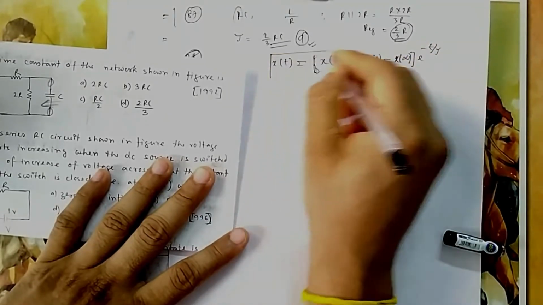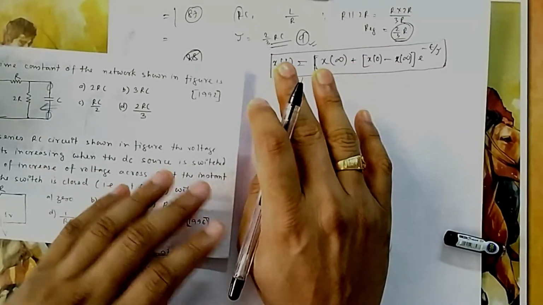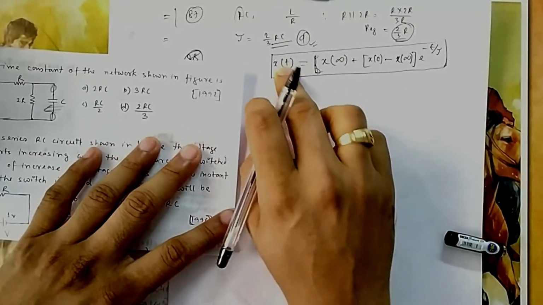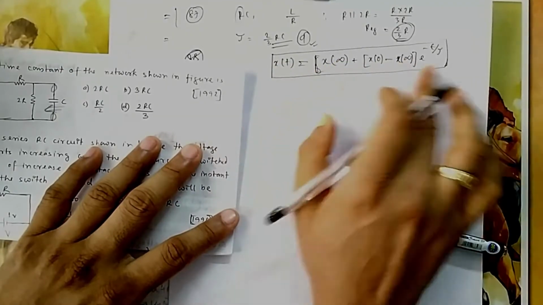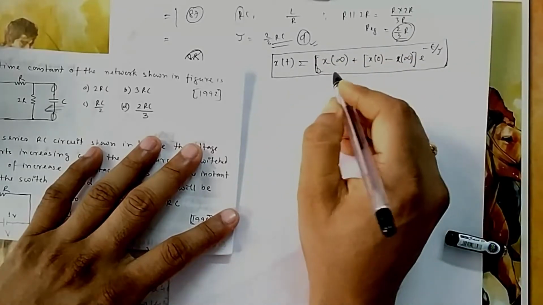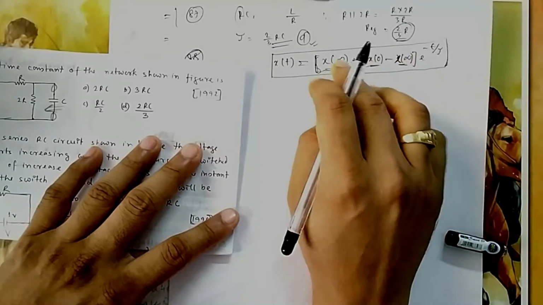So this is the formula you can remember, and it will be very useful for a first order circuit. It has to be first order, and it works for any value, voltage, current, whatever. So whatever the expression they want to find, you find the initial condition and final condition and find tau, that's it. You can directly write the answer, no need to write a differential equation. This is the final value, this is initial, this is final. So you can remember it also this way.